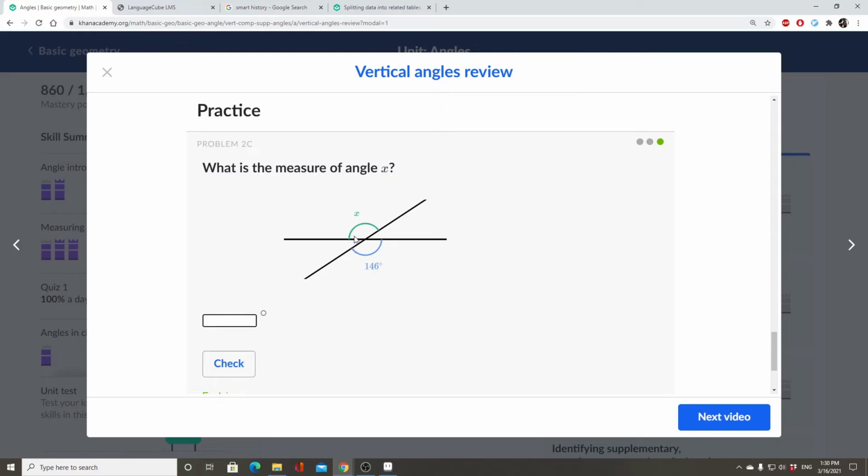Yeah. That makes sense. Okay. So 34, I'm just going to write it down here. This is not the answer, but